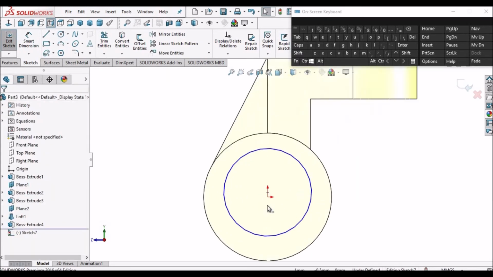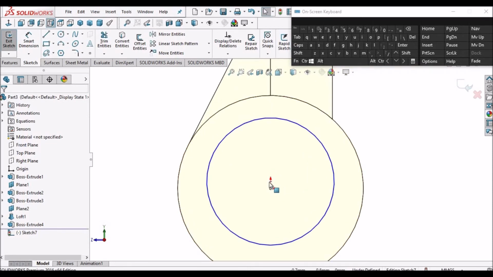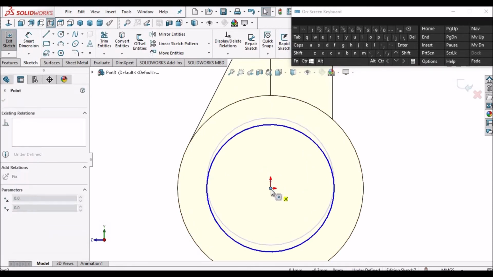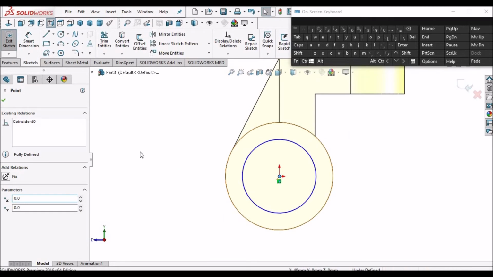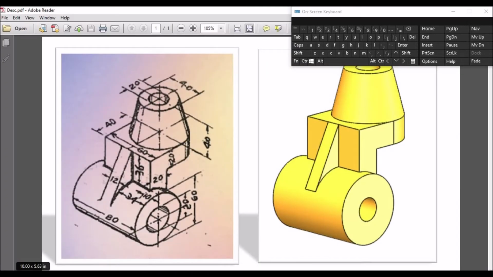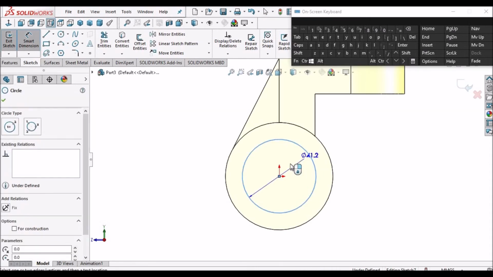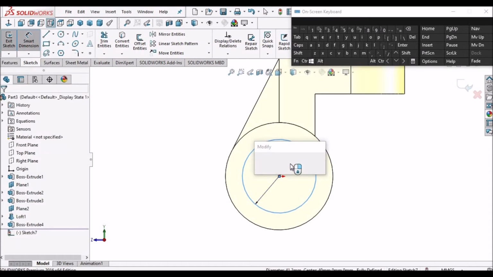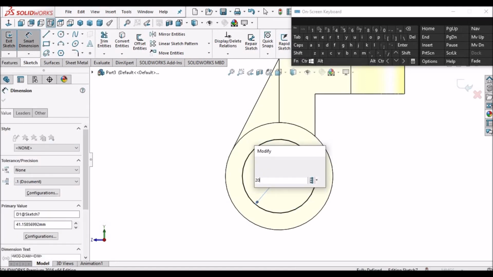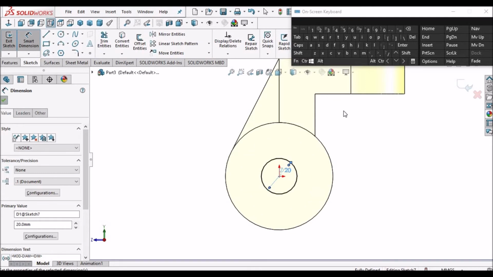Okay, see, this circle is not placed at the origin. Okay, now this is 20. Say okay.